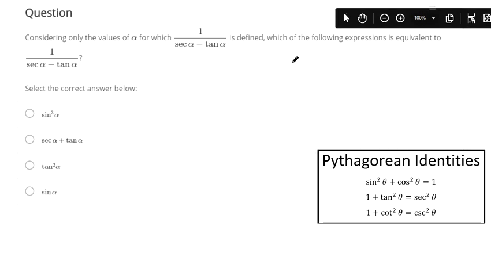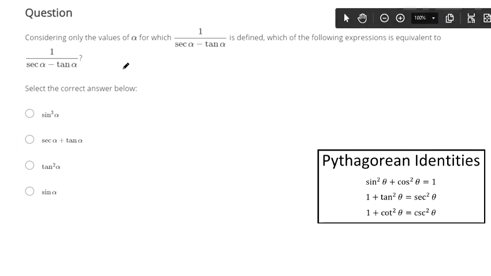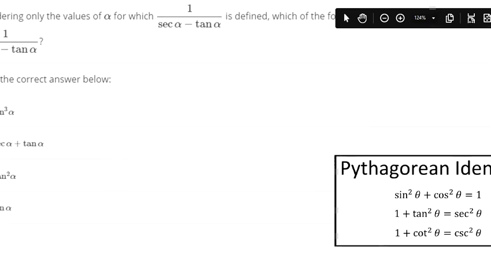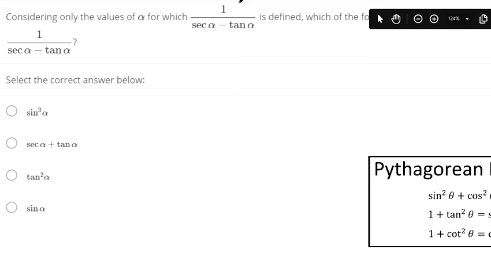Okay, which of the following expressions is equivalent to 1 over secant alpha minus tangent alpha? So we've got to basically simplify this. Okay, we want to figure out how to rewrite this. And when the topic says something about algebraic techniques, what they mean is that one trick we have up our sleeve to get the Pythagorean identities to work out that I have over here, kind of off screen a bit,